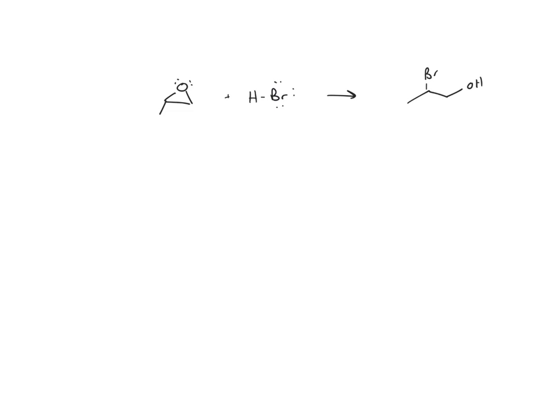First thing that has to happen on this is what? We have to get a better leaving group. So how have we been getting a better leaving group on oxygen at this point in time? Addition of the hydrogen. So what we see here is these electrons grab that hydrogen. Those electrons go completely onto the bromide. When that happens, I form